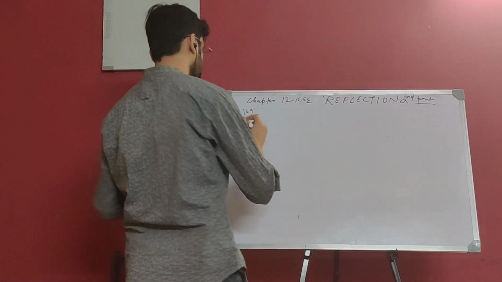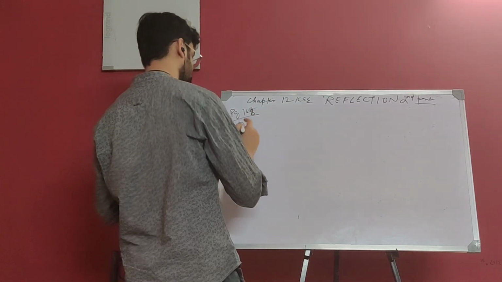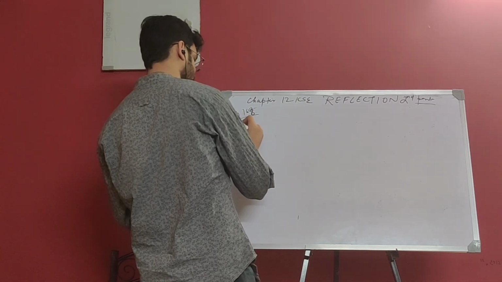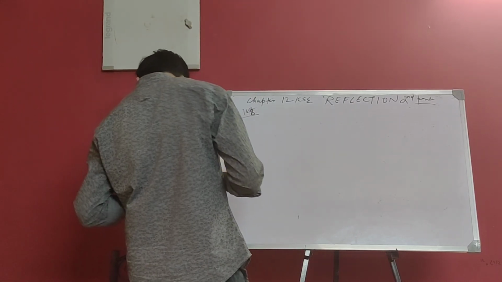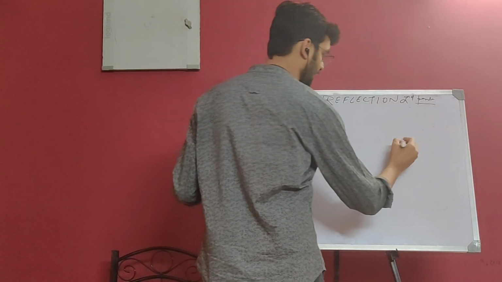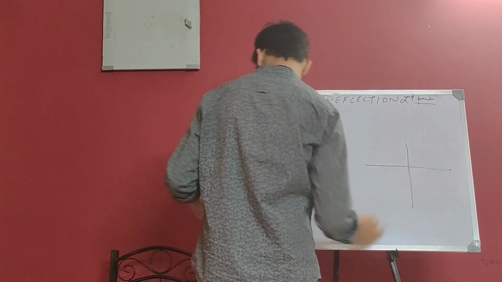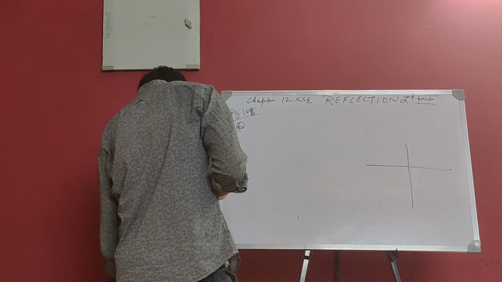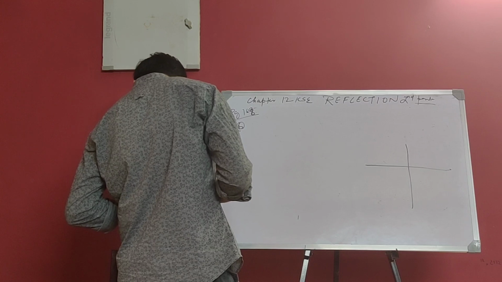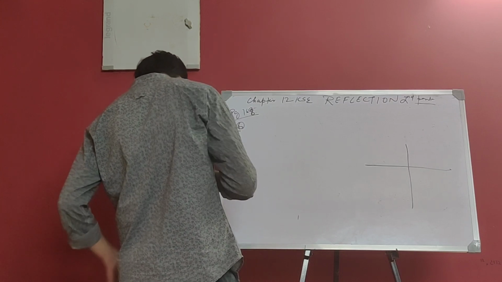See, we will come to page number 168, and we are solving page 168, example number 6. So first read the question: using the graph paper. I don't have the graph paper, but I will make it normally. You have to plot it on the graph. Plot the points P equal to (3, 2) and Q equal to (minus 3, minus 2).